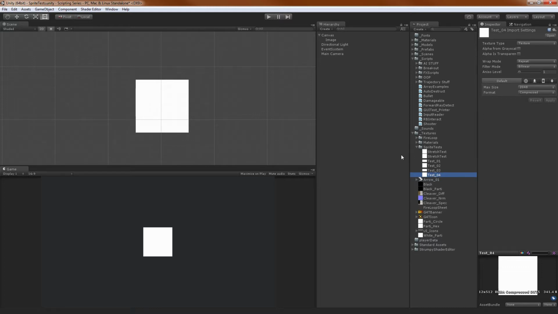Yeah, so this was test number 4, our square. A couple things that I'm going to do to a lot of these textures that are in here is I'm going to change them from texture to sprite, 2D, and UI. And I'm going to uncheck generate bitmaps. Typically you only want generate bitmaps if